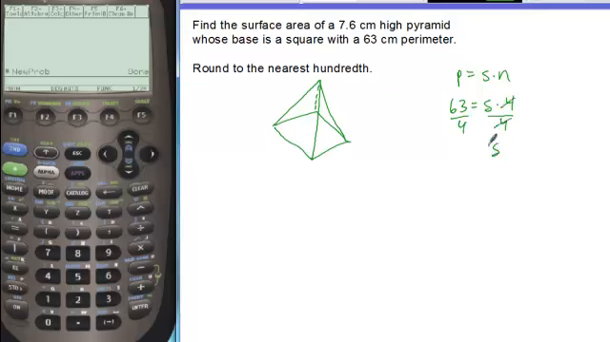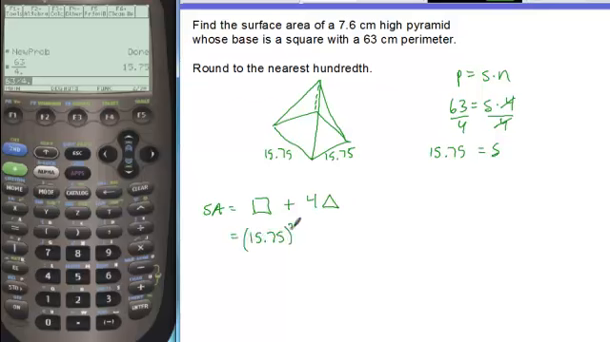So if we divide by 4, we get our S value to be 15.75. So each of these side lengths is 15.75. And so if we want to find the surface area, the surface area is going to be our square base, plus we're going to have 4 triangular lateral faces. So the square base is 15.75 squared, plus 4 times the area formula for our triangles, 1/2 base times